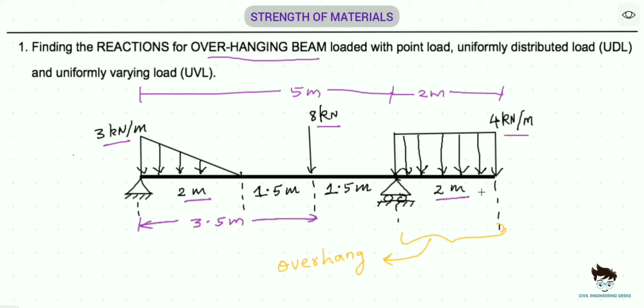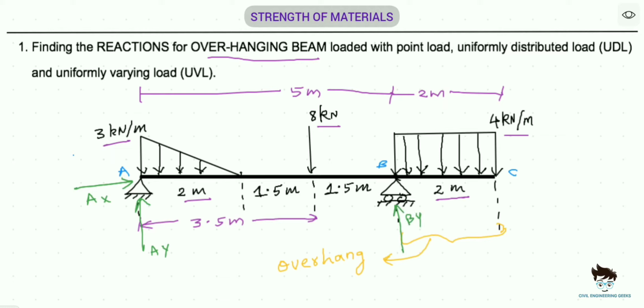Now we will name our supports and the free end. We will name the supports as A and B and the free end as C. After that, we are going to draw the reactions which can possibly be developed by our supports. At point A, we have a simple support and it is capable of developing one vertical reaction and one horizontal reaction. And at point B, we have a roller support and we all know that it is going to develop a vertical reaction, or a reaction perpendicular to the support.